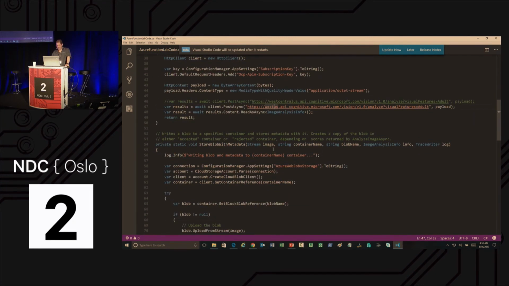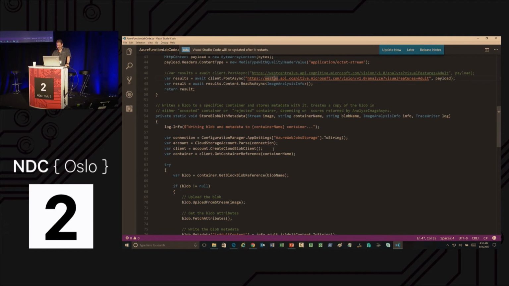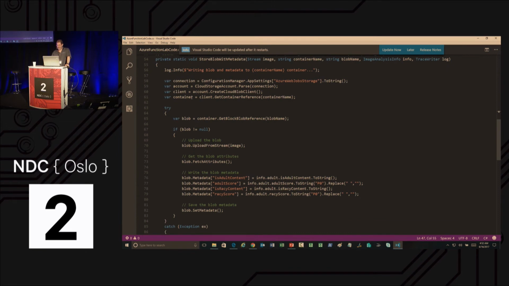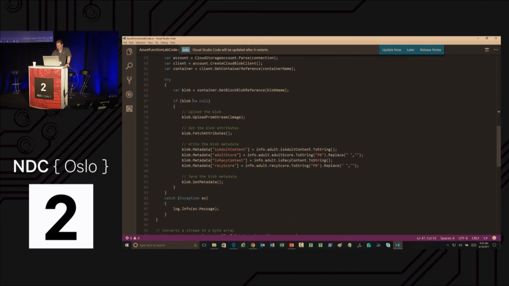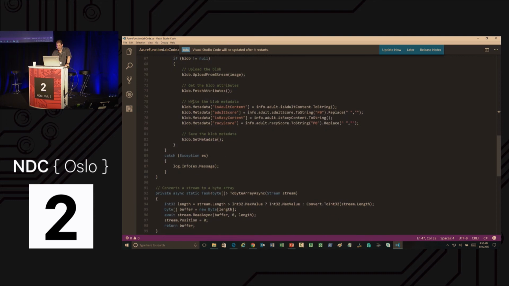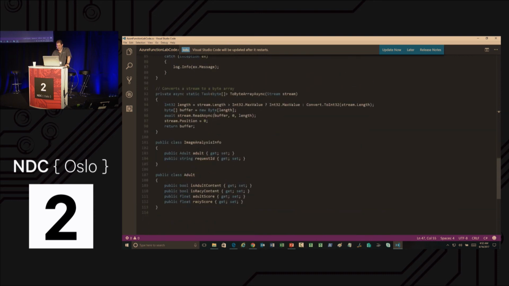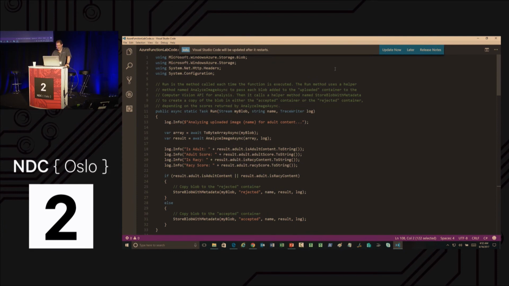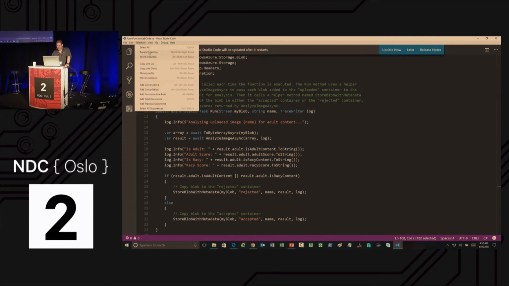And the rest of it, which isn't very long, there's only about 100 lines of code here total, is just some helper functions to move those blobs around and put some blob metadata in there. If I didn't do that, this would be half the size. It'd be about 50 lines of code, which is mostly comments and white space anyway. So you can see there's just not much here, putting some metadata in there, changing that image file into a byte array, and here's some classes. There's really almost nothing here. So I will select all this.